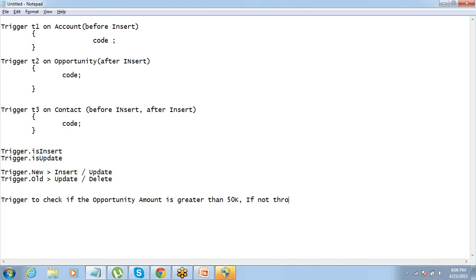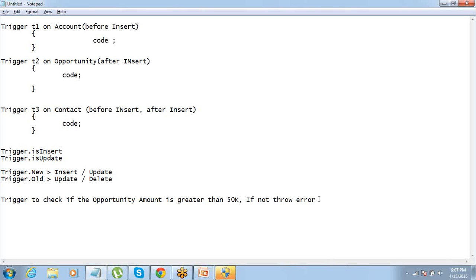If not, throw an error. Okay. So I basically want to do one thing. I want my trigger to check, when an opportunity is being created, that the amount of the opportunity should be more than 50,000. If it is not more than 50,000, then I want my trigger to throw an error. A very simple trigger we are going to write.